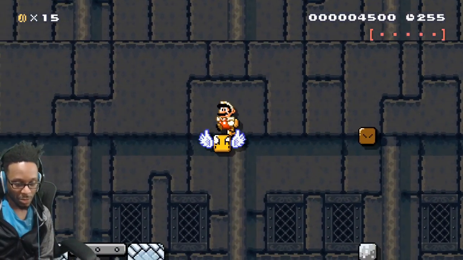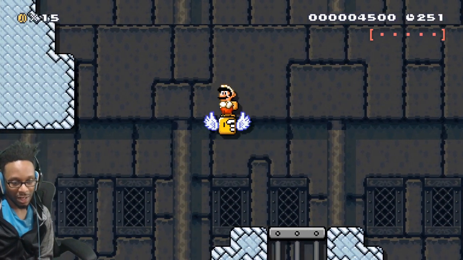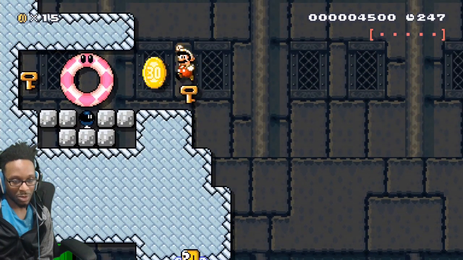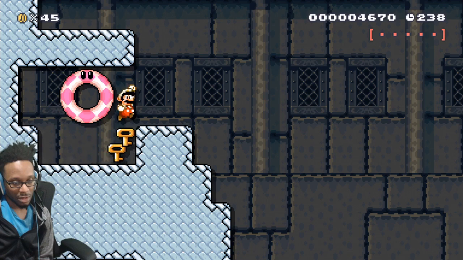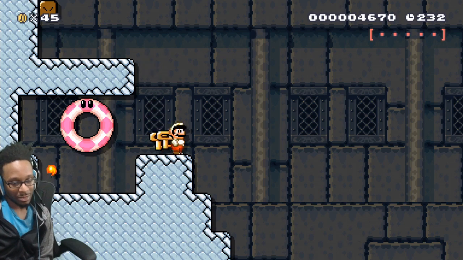Yep, it can all be done in one cycle. You can hit these over here or reveal this, right? And only when you have Fire Mario. You get this key, you get this key, but if you're actually extra adventurous, you get that one. Secret behind a secret, right? It's really like maybe triple, but...